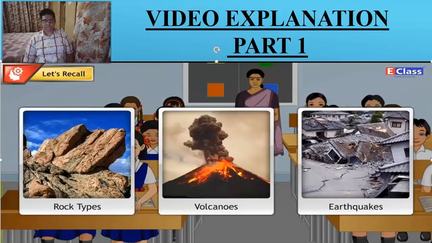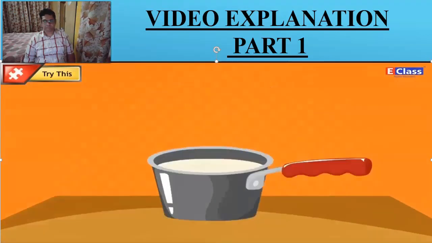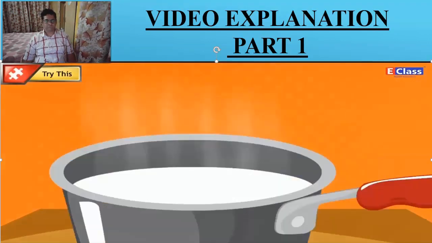Try this. Boil half a liter of milk. When the milk comes to a boil, switch off the gas. Keep a lid on the vessel. After 10 minutes, remove the lid. Take it to a side and tilt it. Observe what happens. What can you see on the milk? In what form do you see the layer of matter on the milk? Remove this layer of matter. Take note of the difference in temperature of this matter and the milk and answer the following questions.